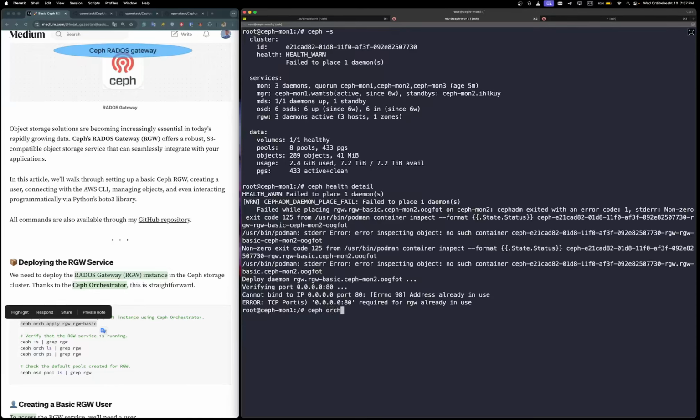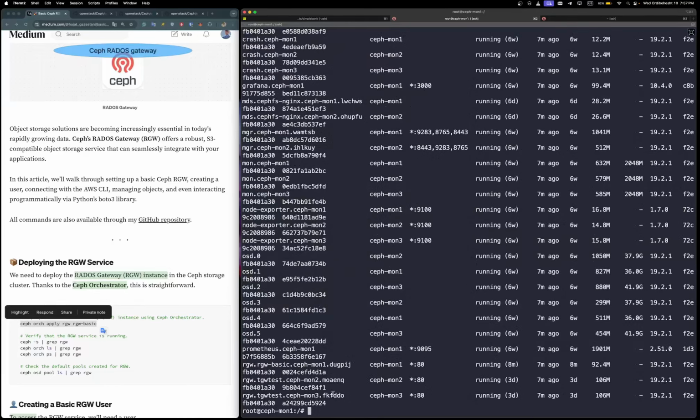With ceph orch ps, we can see on port 80 we have a Ceph basic service, and the new one is trying to bind port 80, so I have to ceph orch rm the previous one. Not the basic, but